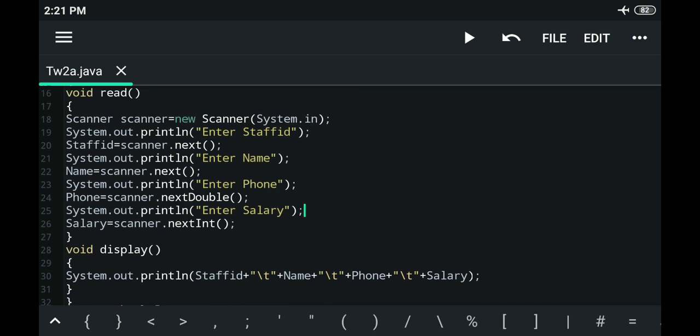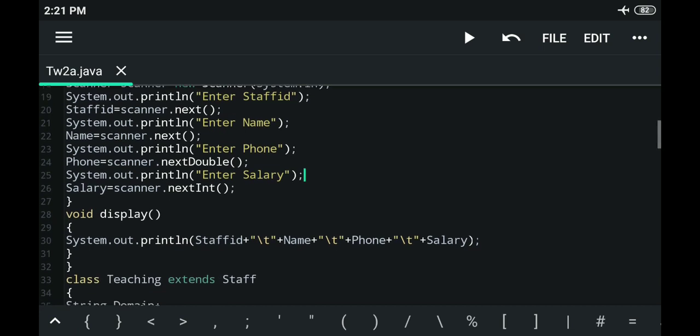So we have defined a variable called scanner, which is of the type class Scanner, using the dynamic operator new. And the next line asks the user to enter the staff ID. So staff ID is of the type integer, therefore we make use of the next method using the scanner object.